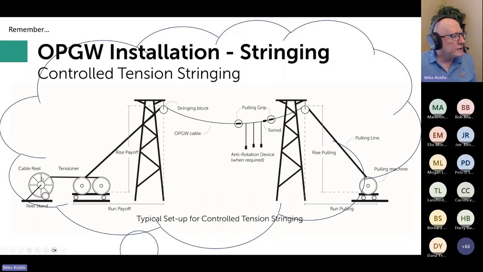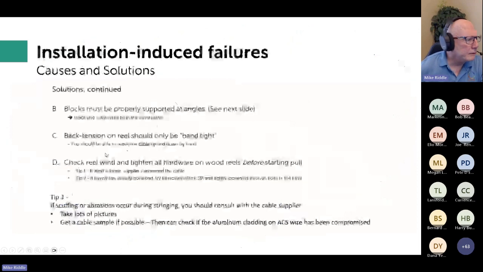And what that's telling you is that there is tremendous tension inside at the lower levels, enough to push the cable out. And so if I've got layers of cable on top of each other and they're moving against each other, they're rubbing against each other. And so you can get this abrasion, which in turn increases the risk of there being a corrosion problem. So back tension here needs to be watched. And what you're looking for is only hand tight tension. I think I say that here. I hope I did.